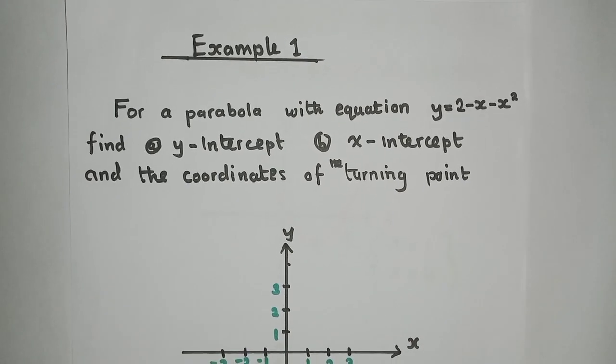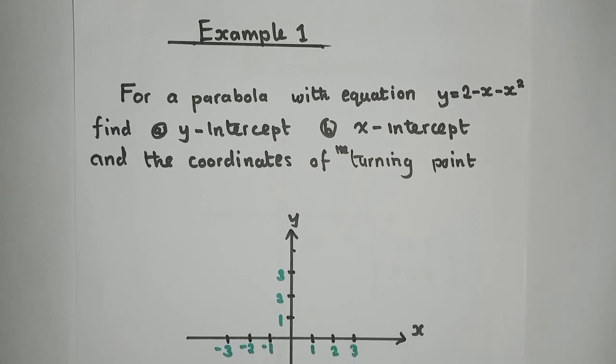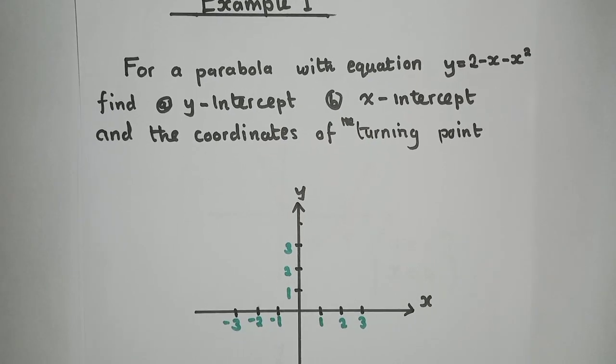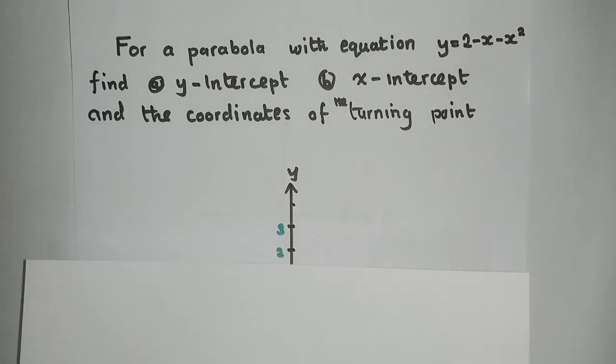So when you have a question like this, it is very important you graph it. If you so wish, you can use a graph. If you don't want to use a graph, you can simply say,